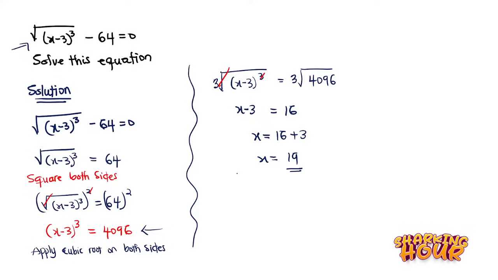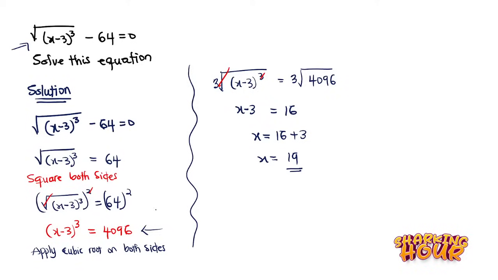Now you can check the validity of this answer, or you can check whether the answer is correct or not, by inserting the value 19 into this expression to see if that is actually correct or not. So if you use your calculator and you insert the value 19 in place of x over here, so 19 minus 3, that will give you 16, and then 16